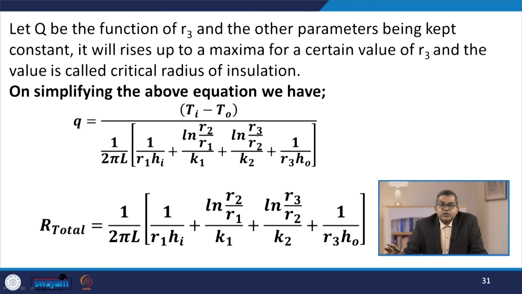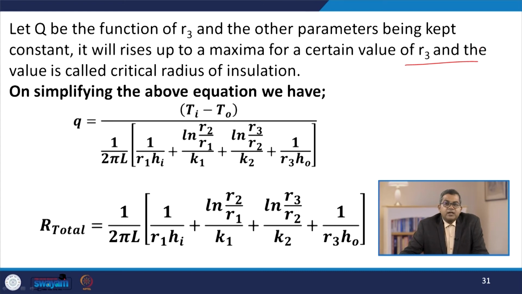Let Q be a function of R3, with the other parameters kept constant. It will rise up to a maximum at a certain value of R3, and that value is called the critical radius of insulation. If we simplify this equation, we have Q is equal to (Ti minus T naught) over 1 upon 2 pi L into [1 upon R1 Hi plus ln(R2 over R1) over K1 plus ln(R3 over R2) over K2 plus 1 over R3 H naught], and in this way we can calculate